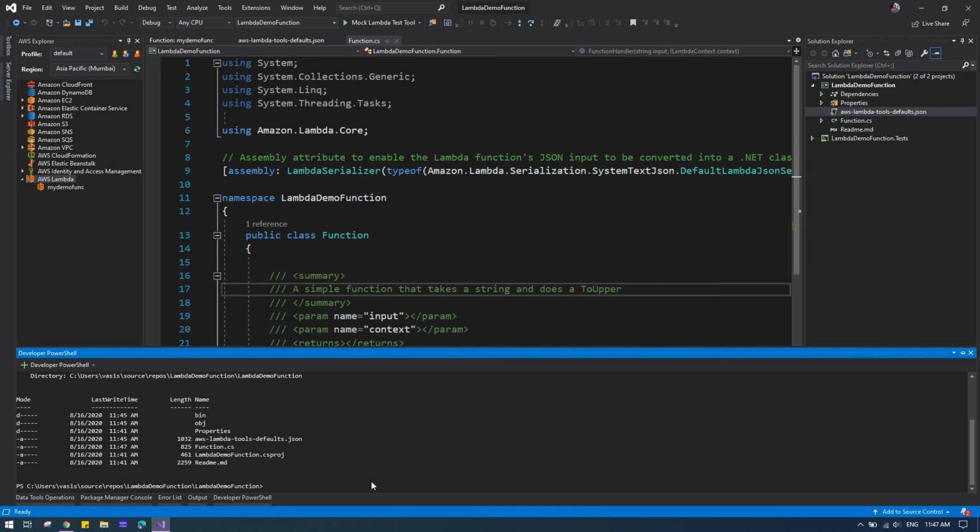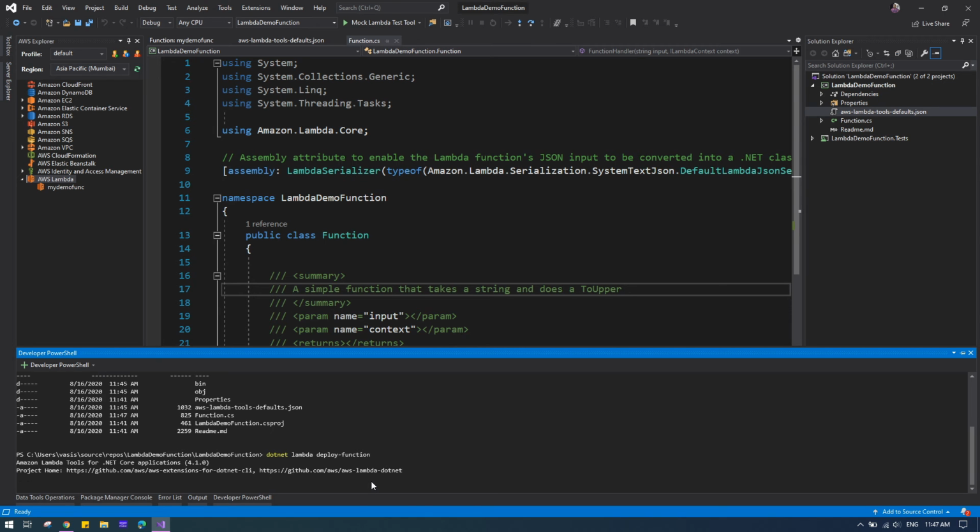Now I'm going to update the Lambda which I already deployed: dotnet lambda deploy-function. Okay, that's it.